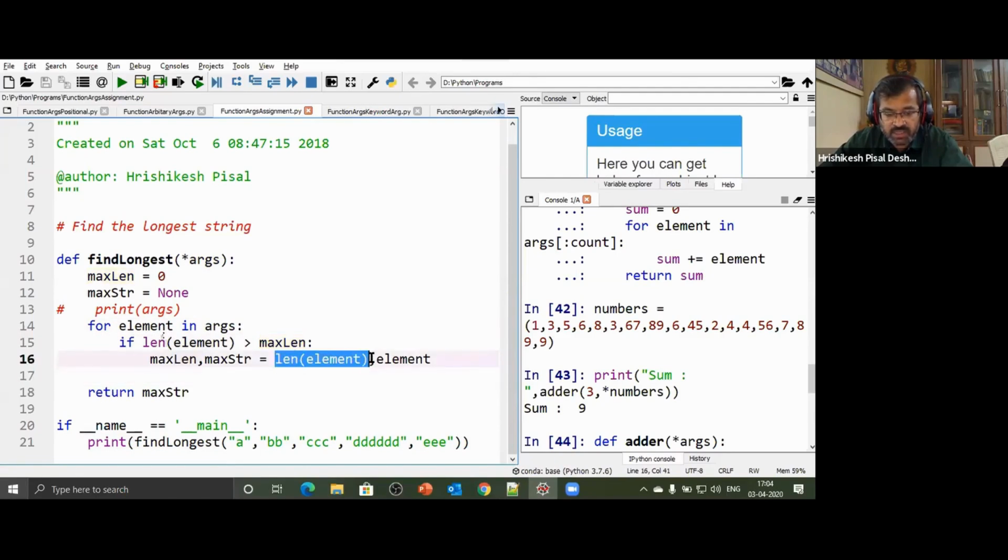लेंथ ऑफ एलिमेंट 1 है और एलिमेंट क्या है? तो a. ये मैक्स स्ट्रिंग में स्टोर हो गया. अगेन लूप चलेगा, सेकंड बीबी लिया जाएगा, बीबी में 2 है तो दिस कंडीशन अगेन ट्रू, तो लेंथ में 2 आएगा, मैक्स स्ट्रिंग में बीबी आएगा। फिर सी, अगेन द कंडीशन इज ट्रू, तो मैक्स लेंथ में 3 आएगा, मैक्स स्ट्रिंग में सी आएगा।